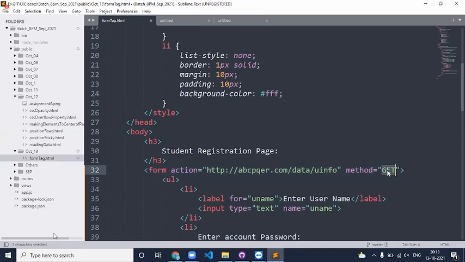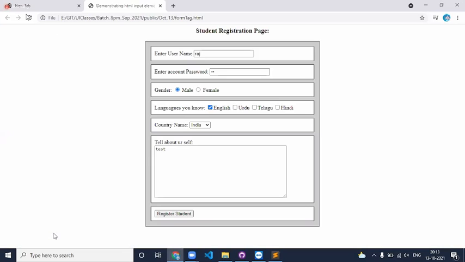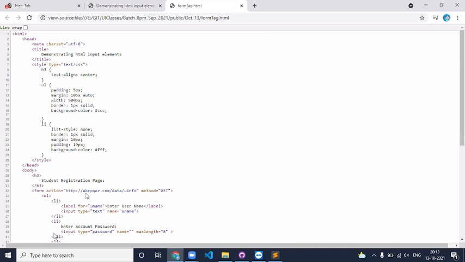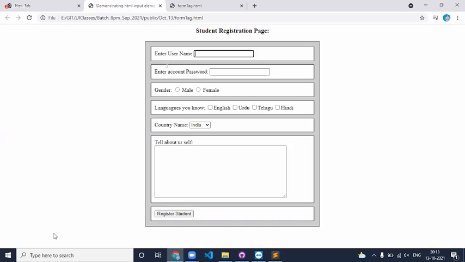And I'm saying you need to follow the non-secured way here. Don't follow any secured way, simply go with the GET communication. Now, if you save this, come back to the browser and reload the page, there is no look and feel change. I just added it, and if you go inside, it is a part of the form tag. Is the form tag doing any type of look and feel changes?